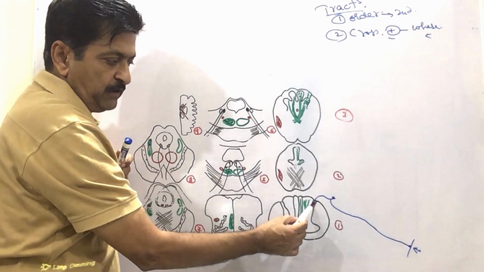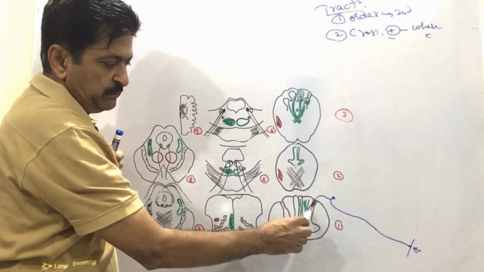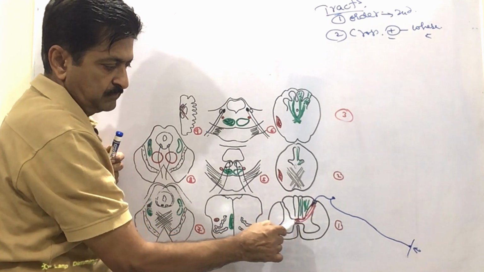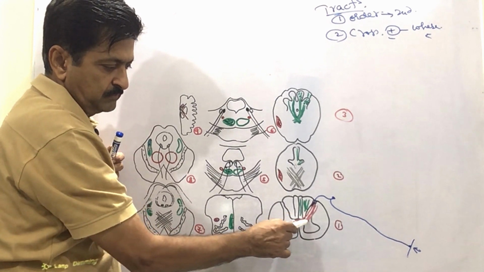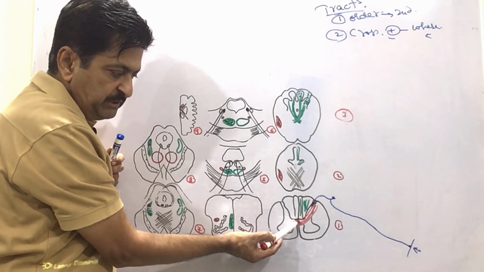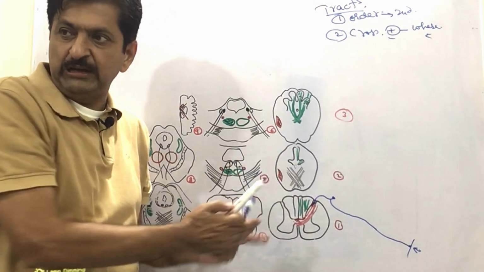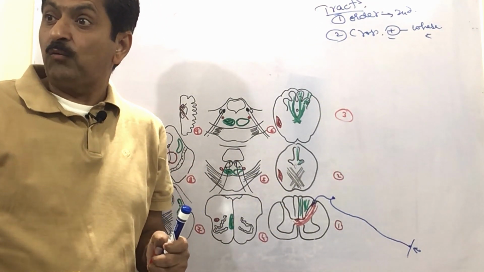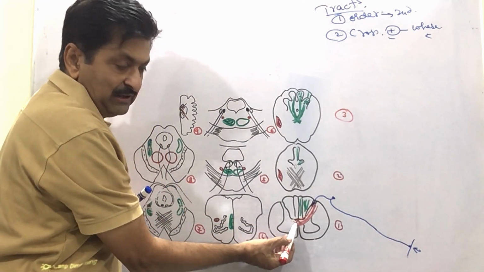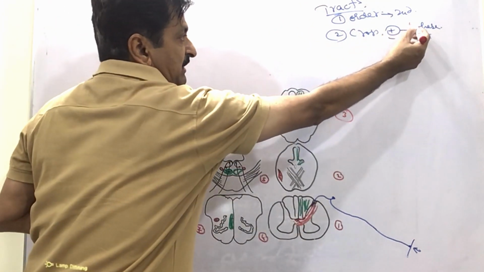So you see that from here the fiber bundles are now arising. These fiber bundles will cross like this. Will you watch this? They cross the midline in such a way that the most posterior crossing fibers will be crossing in the anterior gray commissure, and some of the fibers, more anteriorly placed, will be crossing in the anterior white commissure. You see that some of them are crossing in the anterior gray and some in the anterior white. So this is what is called the crossing.